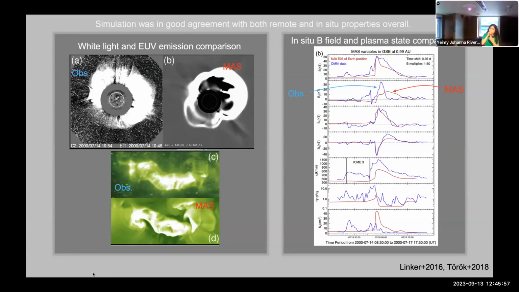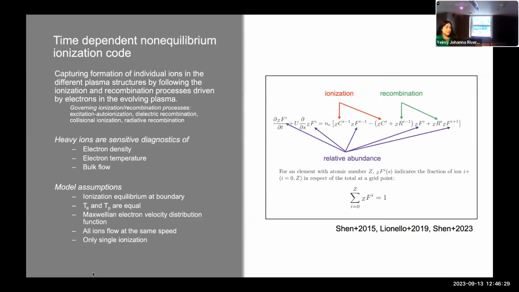So the general morphology and the white light and UV emission match really well. The general morphology is captured, or reconstructed, very well. Also, the bulk properties. As they propagated the plasma and simulated its passage at L1, they did a fairly good job at reconstructing some of the bulk properties of the temperature, density, and velocity, but also some of the field components as well. So generally, they did a fairly good job at reconstructing the CME itself.